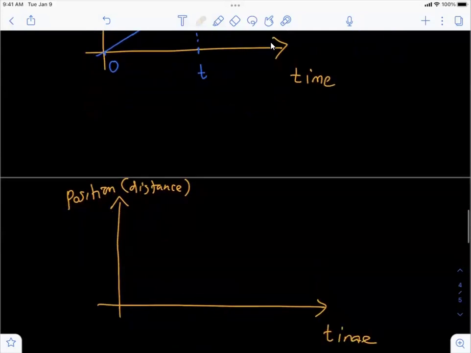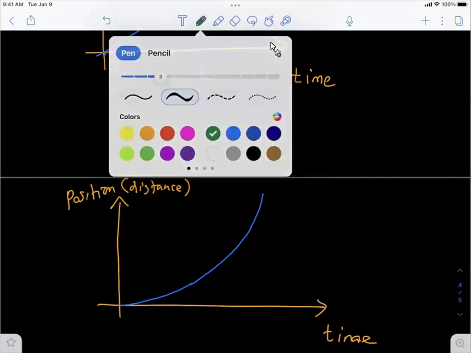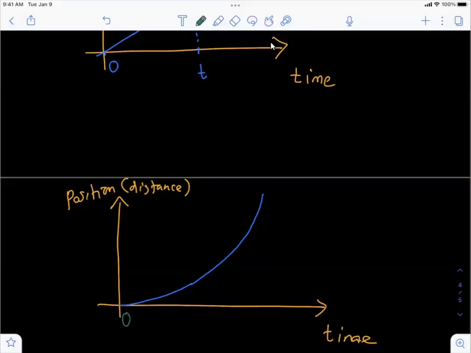And then other than having a linear motion, let's say this object is undergoing an acceleration. It starts slow and then it starts picking up its speed due to a certain force. And it's going to increase its speed gradually like that. If this is the case, now if I ask you, okay, tell me what's the speed of this? It starts at 0, and then at time t, of course, you're going to observe